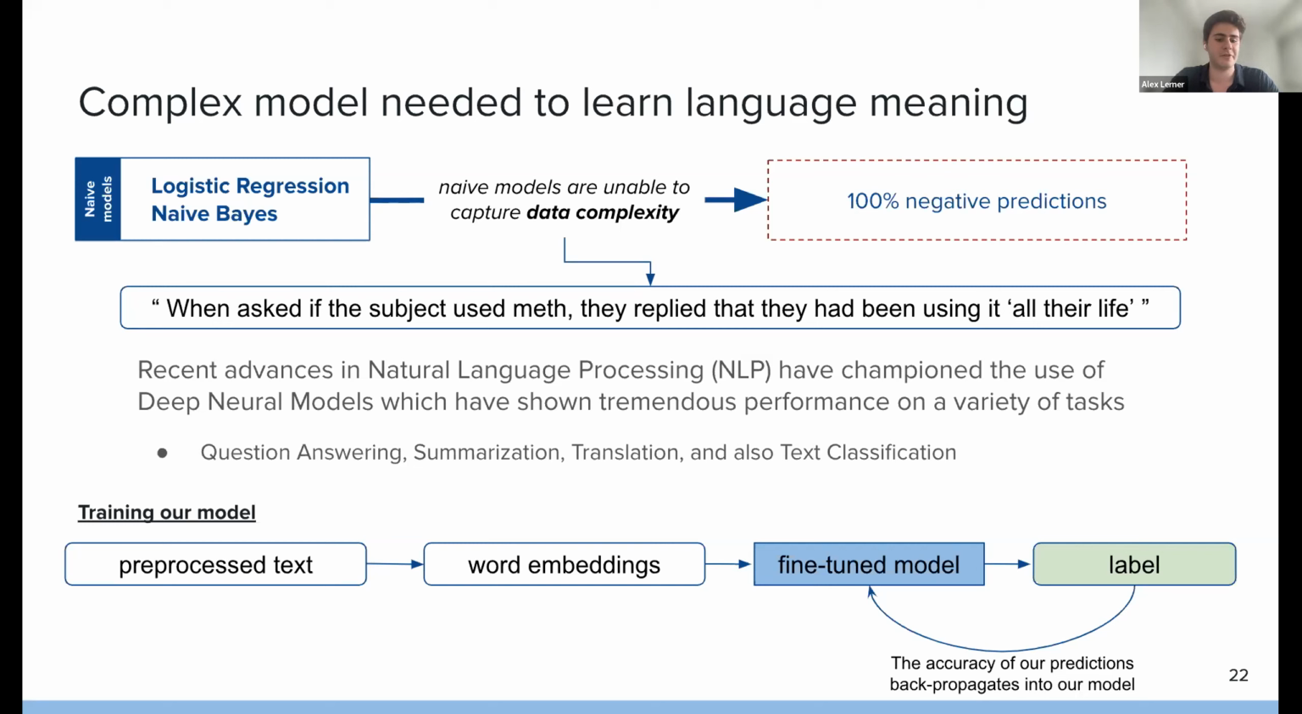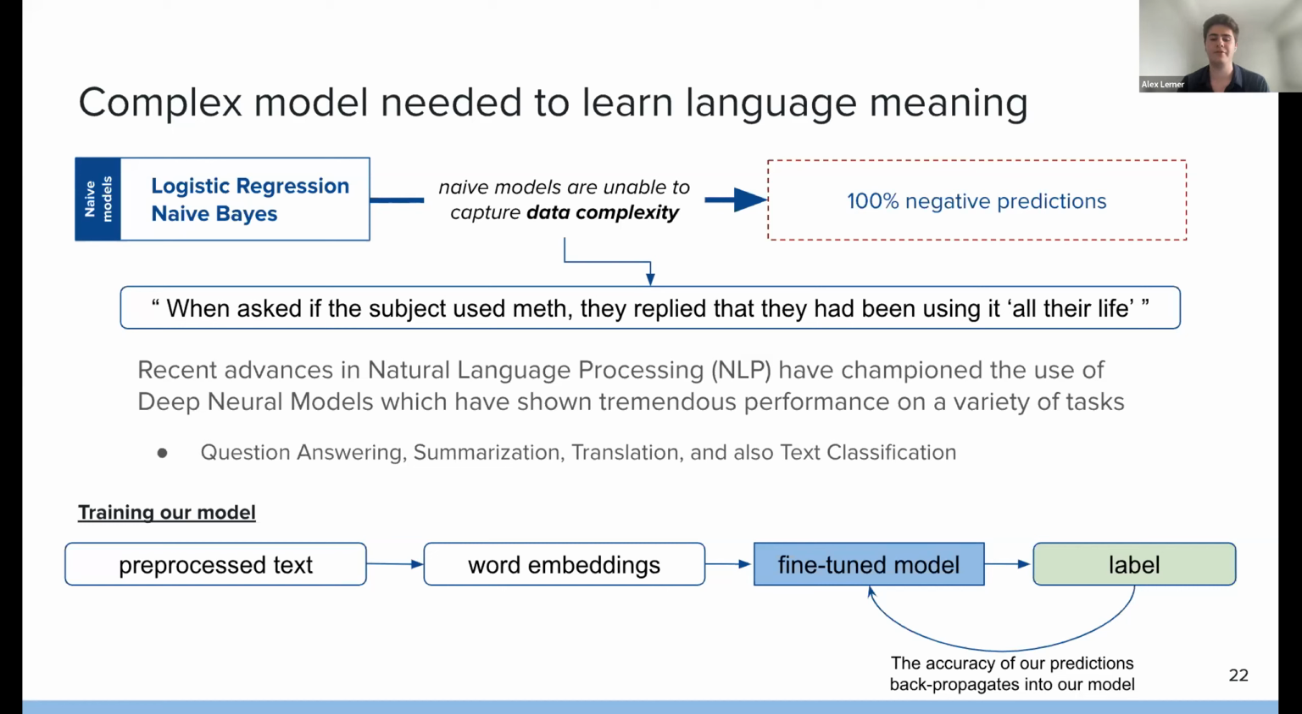An example is if you took that sentence and said, when asked if the subject used meth, they replied that they would never use it. A keyword search would not be able to learn the meaning from that because of that negation at the very end. But luckily, in the last 10 years, there's been huge advances in natural language processing. And these have championed the use of deep neural models, which are really good at a variety of tasks. Some of these include question answering, summarization of text, translation even, and